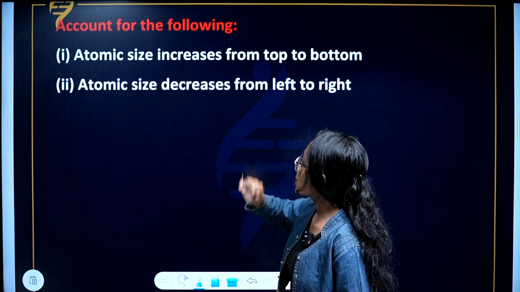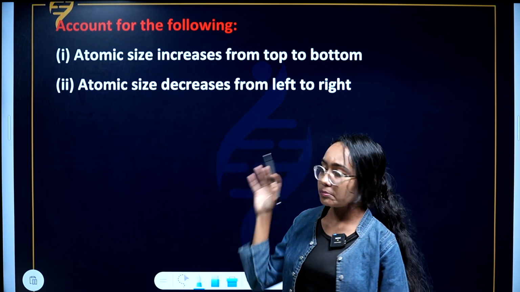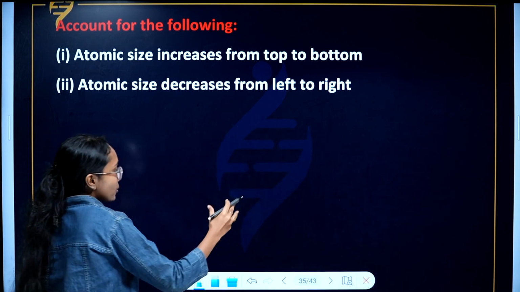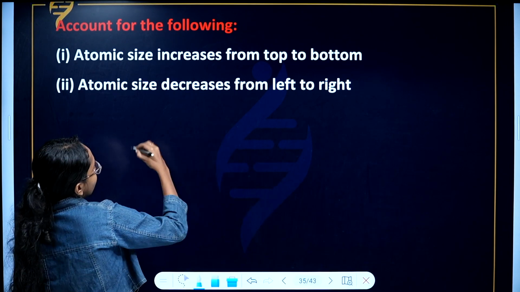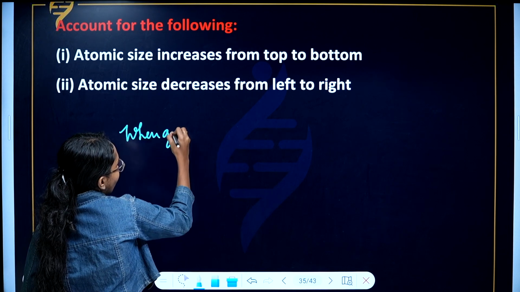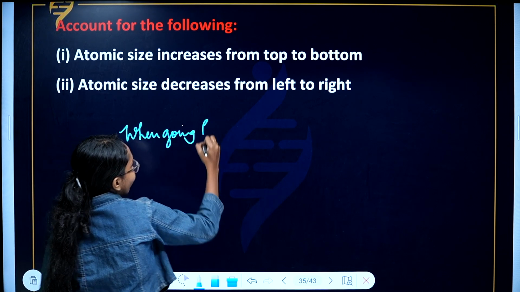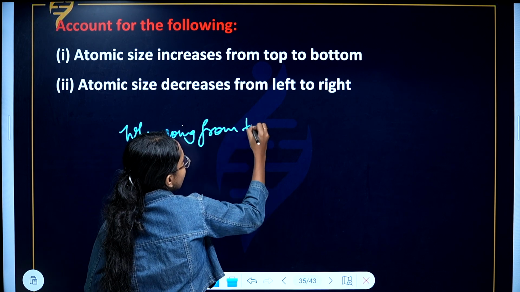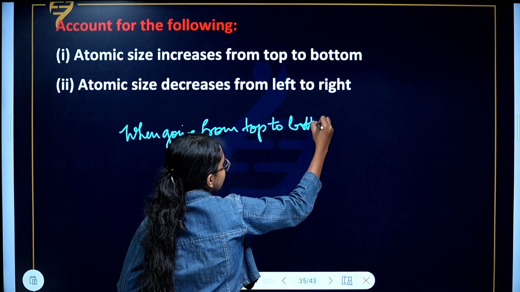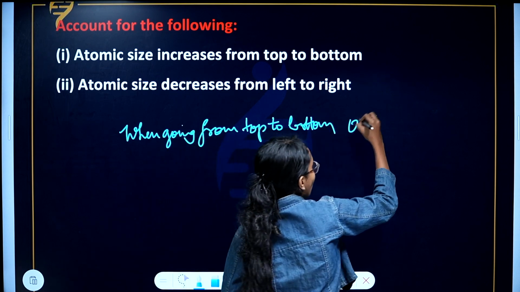Now account for the following. This is a previous year question. Atomic size increases from top to bottom. How are you going to answer this question? Just keep these points in mind. When going from top to bottom of a group,